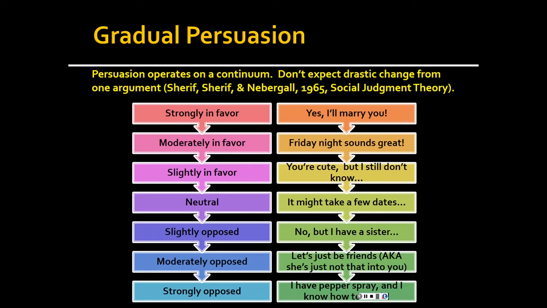Kind of cool, right? After a lot of people were starting to get concerned with how persuasion operated, there were a bunch of social scientists who tried to put persuasion to the test. They tried to figure out, we have some assumptions of how persuasion works. We have some theory of persuasion that's been handed down to us. We like to think from our own experiences that we know how persuasion works. Let's actually test it out in experiments, in surveys, and interviews, and social science to try and figure out how